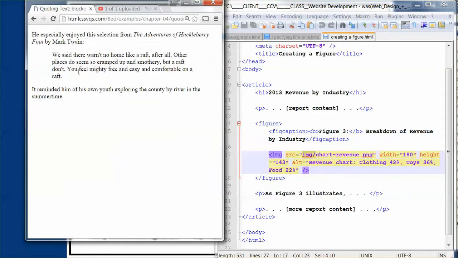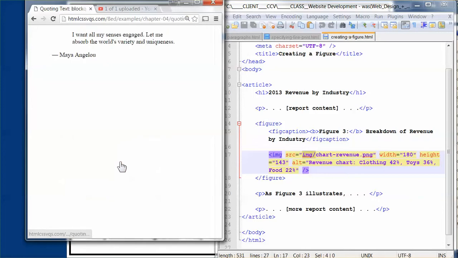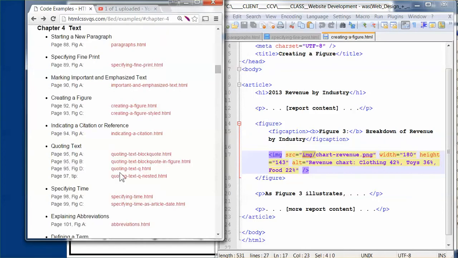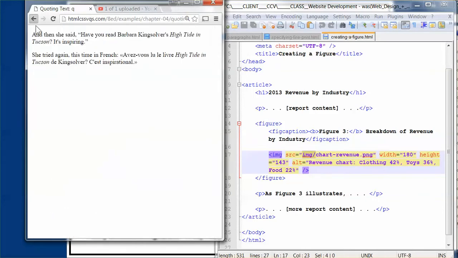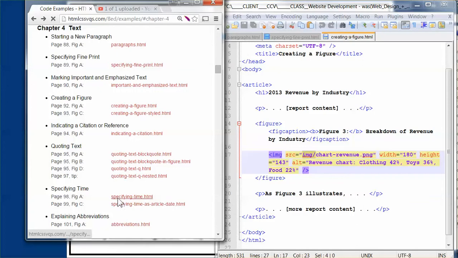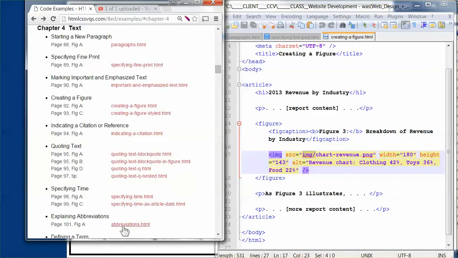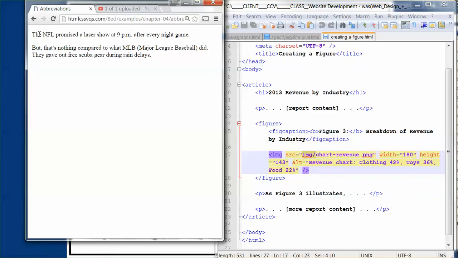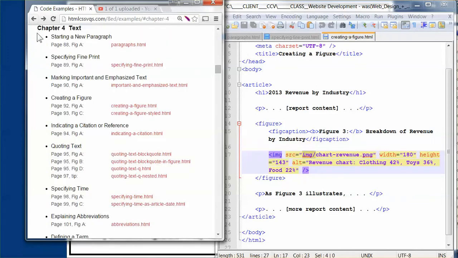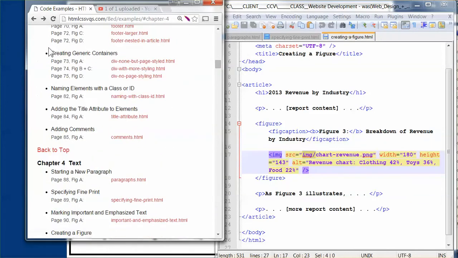Here, when we're quoting, we have some interesting things, so you can kind of look at all of those different block quotes and how they're formatted. And specifying time. This goes into specifying time and different abbreviations. And I'm just realizing that there was one other thing that I wanted to go over in Chapter 3. And that was,